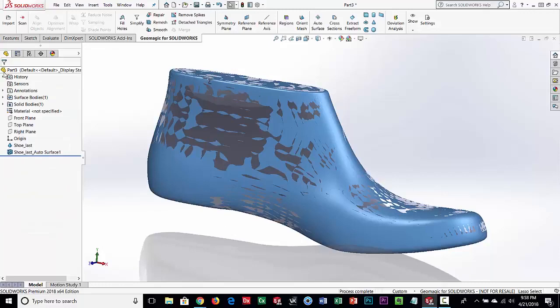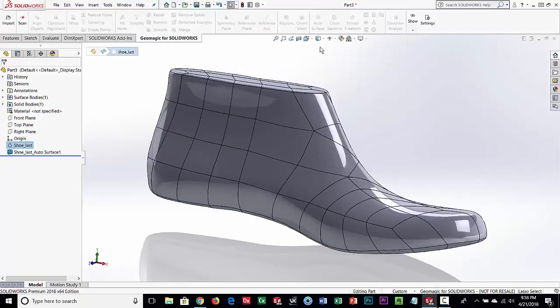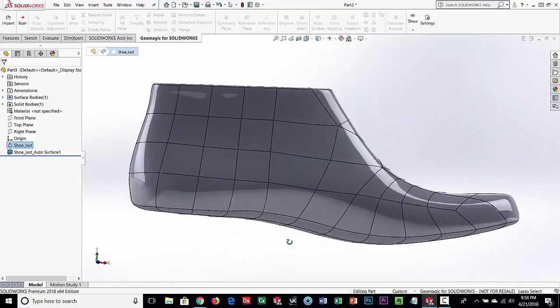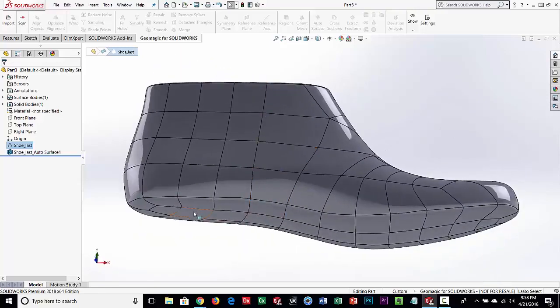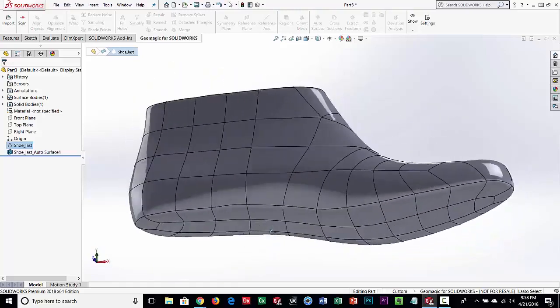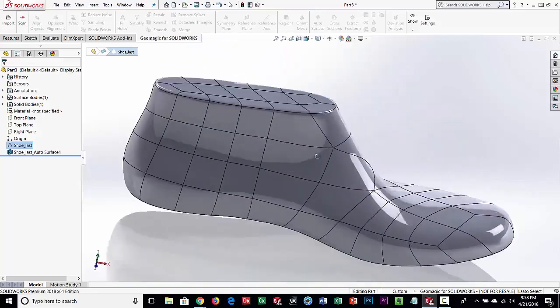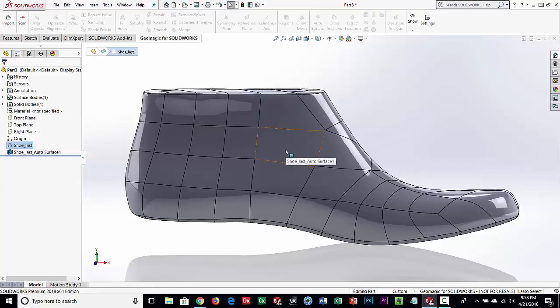But basically, it just finished. Let's turn off the scan data. So let's just hide that. And let's come in here and turn on our edges. So this is a watertight solid body that you see here. If it wasn't enclosed, it would be just a surface skin model. But since it's totally enclosed, it is a solid body. Now, it's not very editable unless we went back to the scan data and made changes to the scan data and then resurfaced it. But it is a solid body now. So the scan data was in a STL format or OBJ.